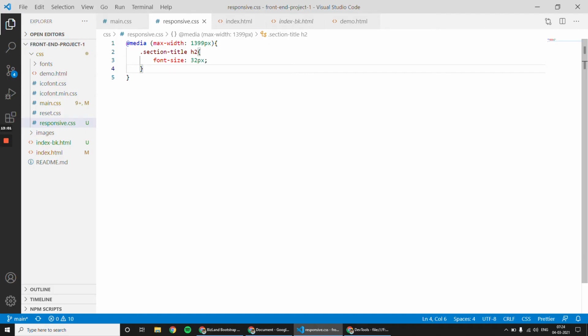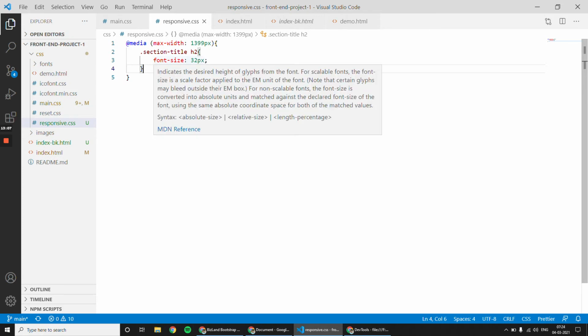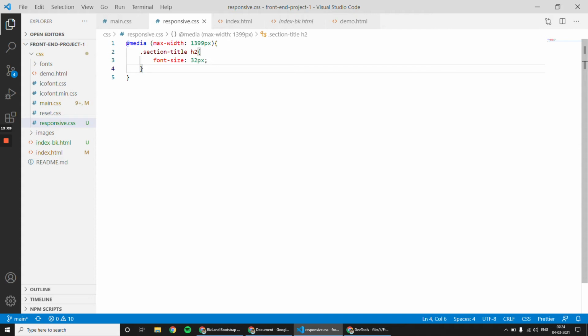Just to practice, I am applying my own preferred values. But when you develop the web page, you will apply the correct values with respect to the reference page. Okay, so this section title h2 font size 32 will be applied when the device is less than or equal to 1399.